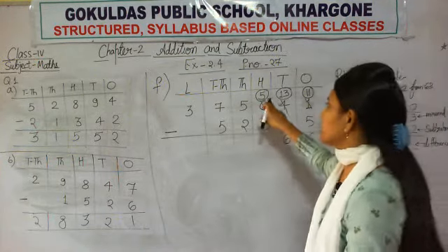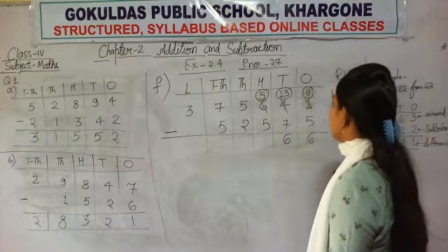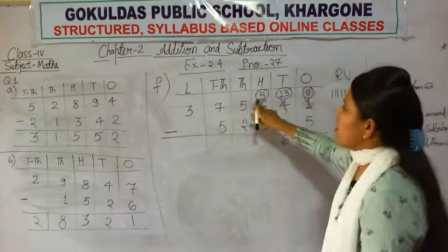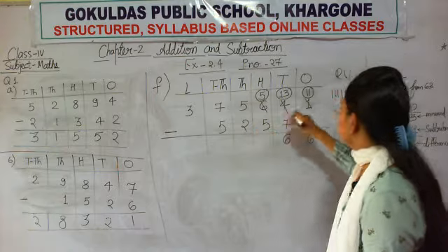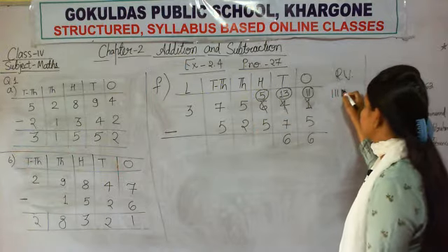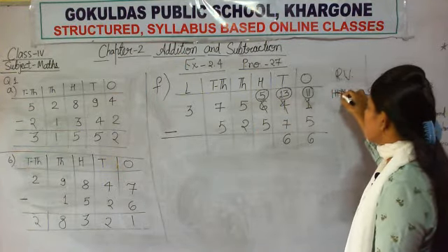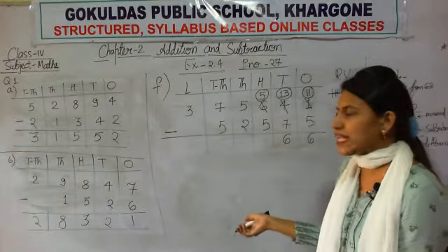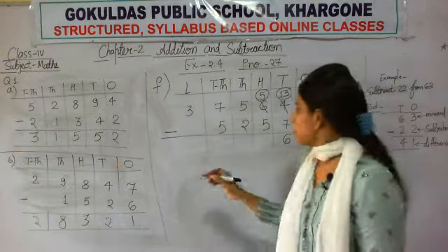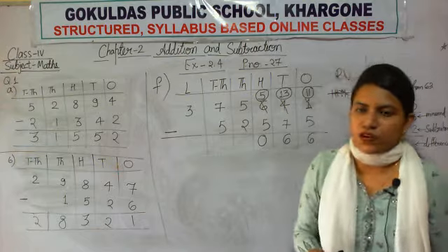Now when you move to the next column, you see that your number is 5. So draw 5 sticks. Now you want to subtract the 5. So when you remove 5 sticks, 1, 2, 3, 4 and 5. You removed all these sticks. So nothing is left. So you will write 0 over here.